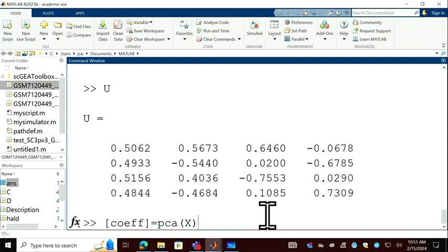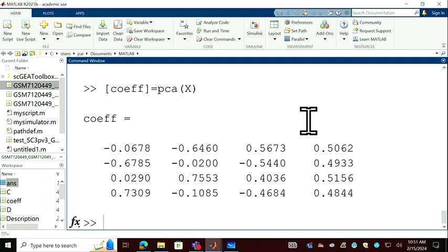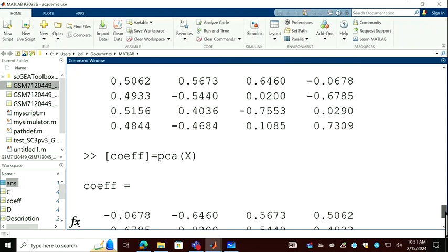I just call this built-in function. This function will take care of all the steps I just described internally. So the output of your coefficient, if you look at this value and compare to what you get from the U,